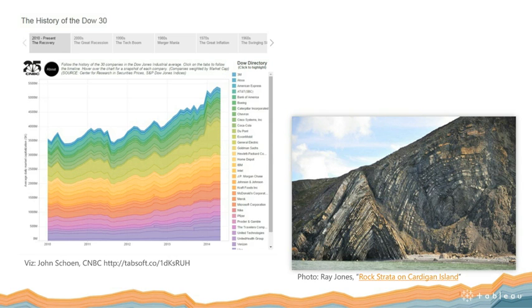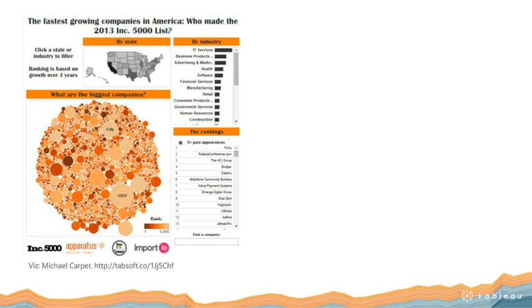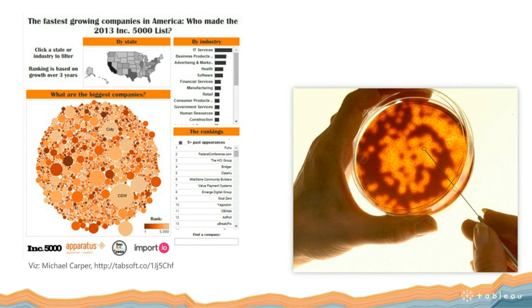Or this one I love because it's like the growth of companies. And doesn't it kind of look like a petri dish? And that's so appropriate, right? You have these companies competing, just like bacteria in a petri dish, some growing fast, some shrinking and dying. The analogy holds, right? There's a metaphor there that holds.